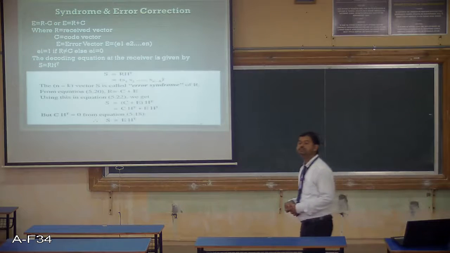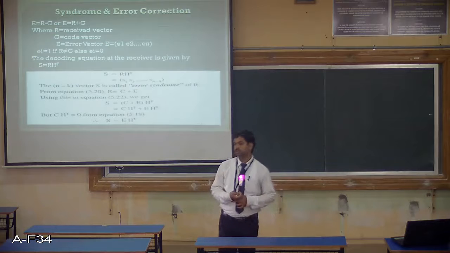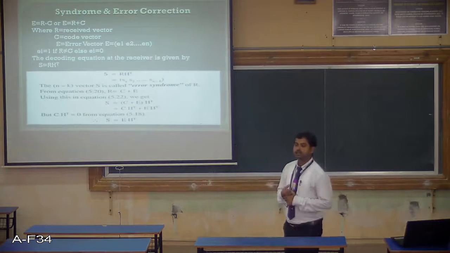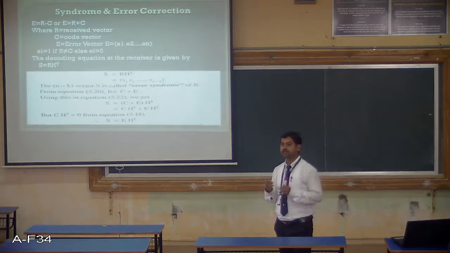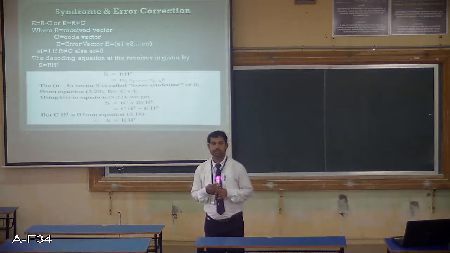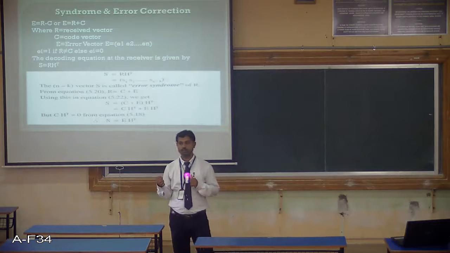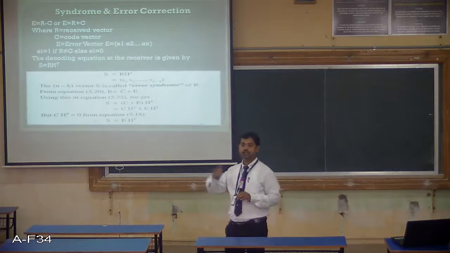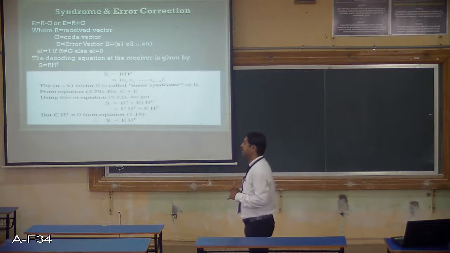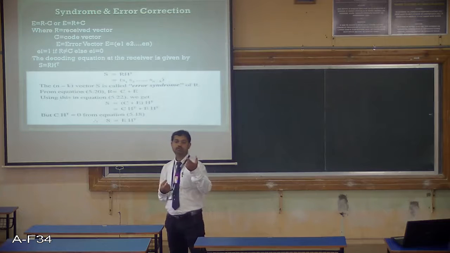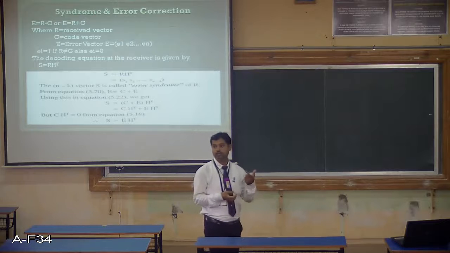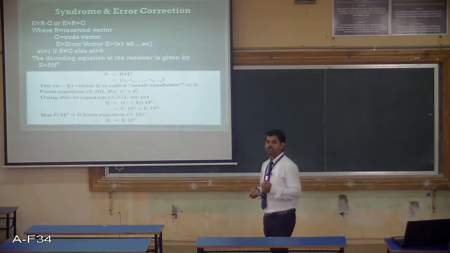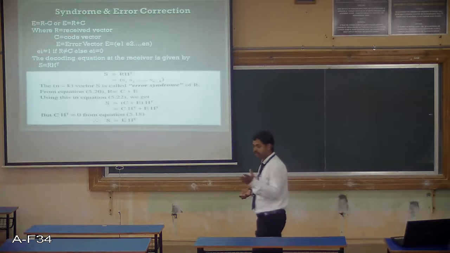Good afternoon all. In the previous discussion, we have seen the error control coding, the block diagram of error control coding. A very important part is the channel encoder, where it converts k information bits into n bit code words. And the procedure of getting those code words using a linear block code approach, you have seen that, right?